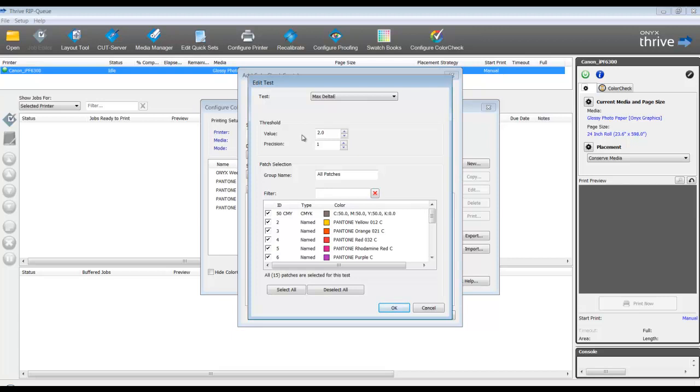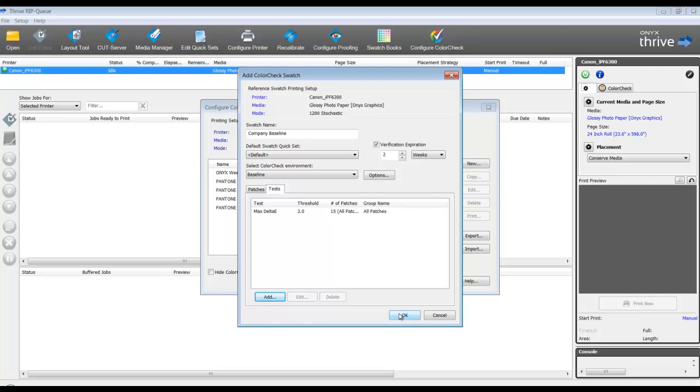If my values are relatively low, 0.4 delta E, 0.2 delta E, I know I'm still within my parameters. I'm still printing in a good condition. If I start to exceed this delta E of 2, then I know I need to do something in my process control, in my workflow, in my environment, and check some conditions out to see why are my colors drifting in this case. It could be many different factors, but at least that gets me a telltale of where I want to be as far as my standards, and I am changing in my colors. So at this point, I'm going to click OK and set my condition in my environment.